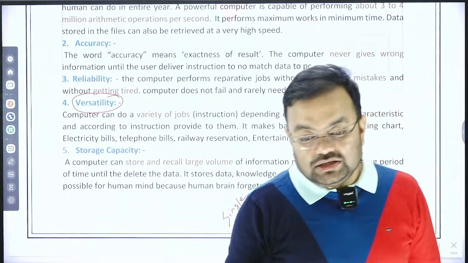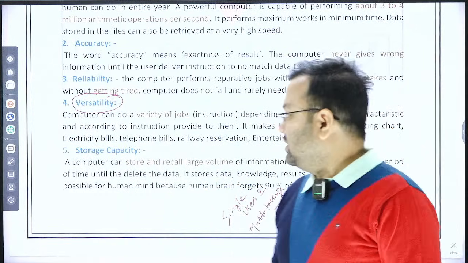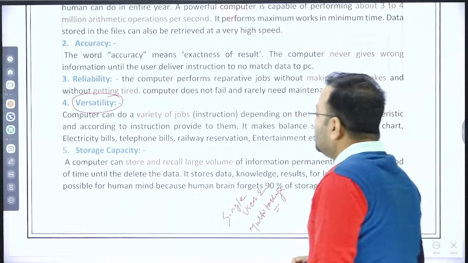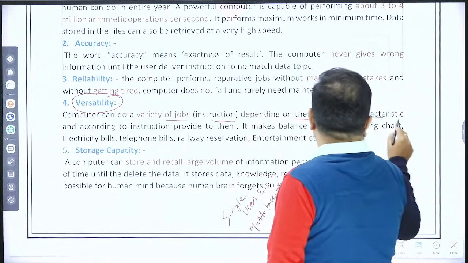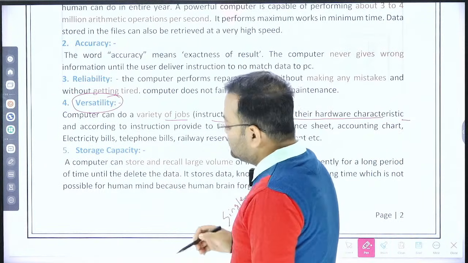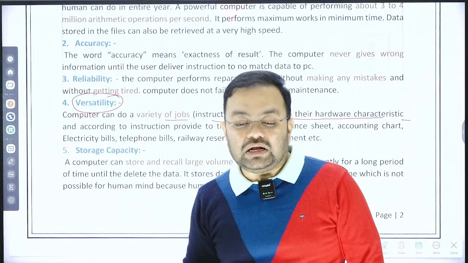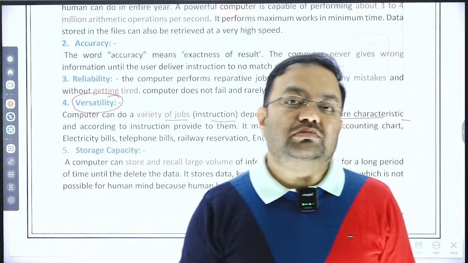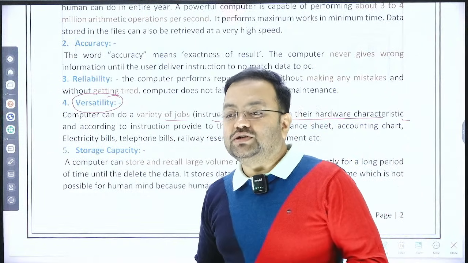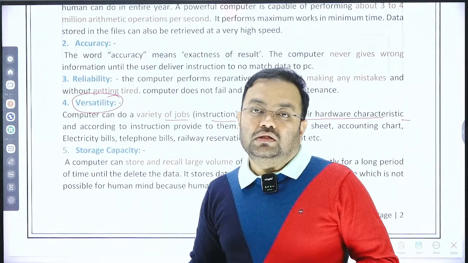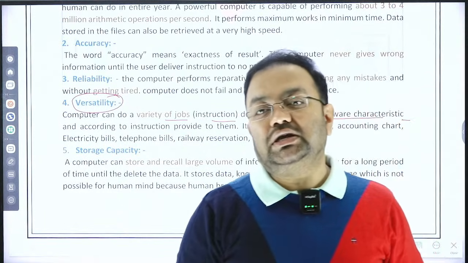And this multitasking functionality is known as versatility. So I'm mentioning here that a computer can do a variety of jobs and instructions depending upon the hardware and characteristics. A variety of jobs, a variety of tasks we can perform parallelly, simultaneously. That's why it is known as versatility. So if the question is which characteristic of the computer system defines the multitasking functionality, simply we can say